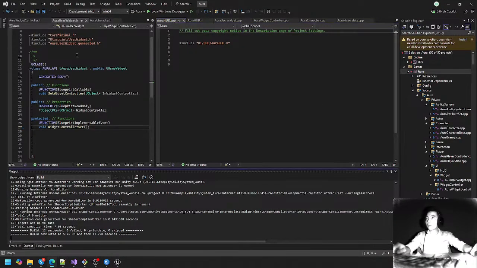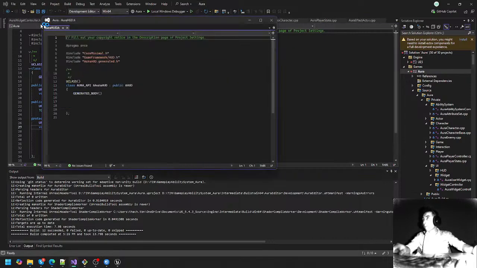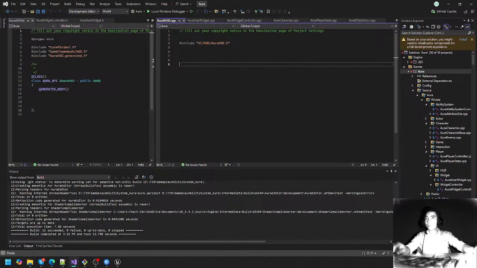Excellent. So what do we want to do in Aura HUD? Well, we want to draw our overlay to the screen, that WBP overlay widget. So I'm going to want to have a variable to store the overlay widget and a variable